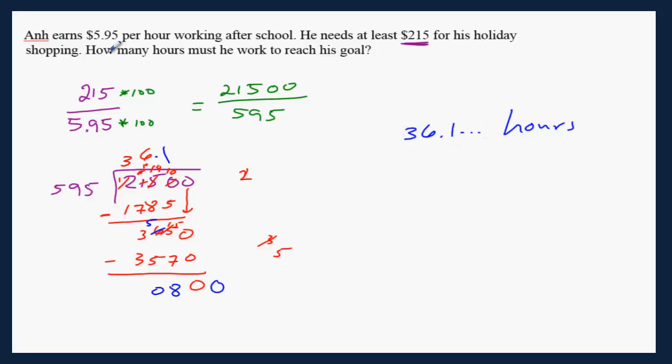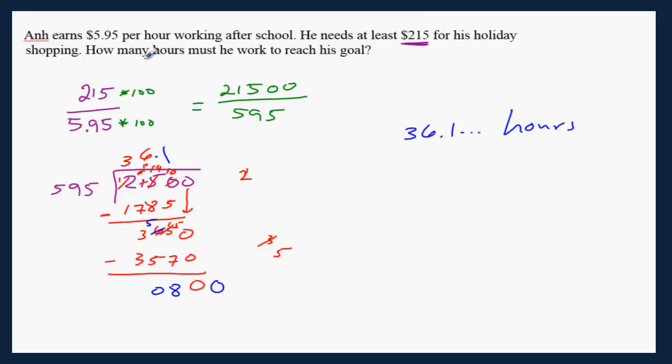All right, let's go back to the question. How many hours must he work to reach his goal? Of course, a lot of the students will round this one to 36 hours, which is incorrect. If he works 36 hours, it's not going to make the $215. It's going to be less than